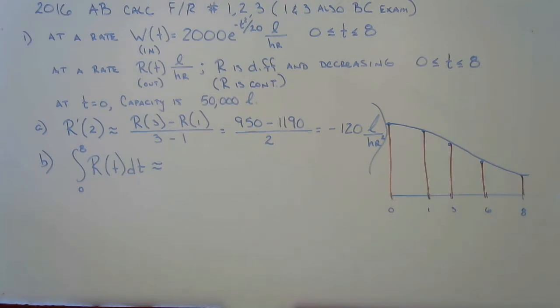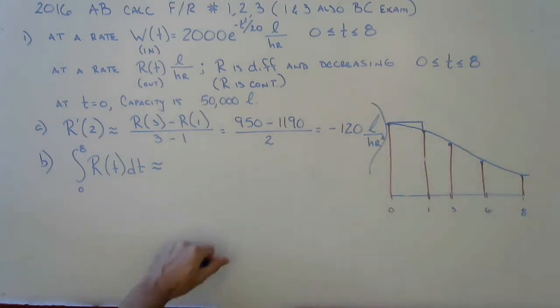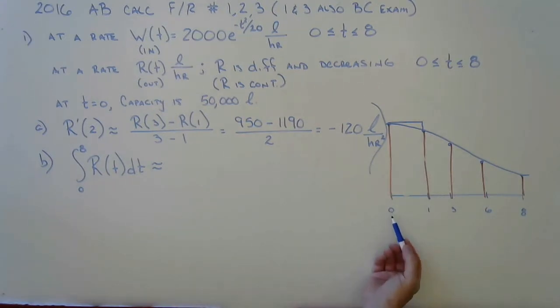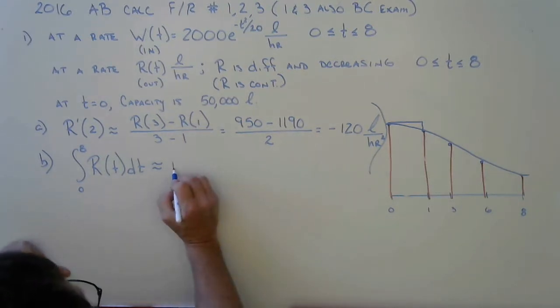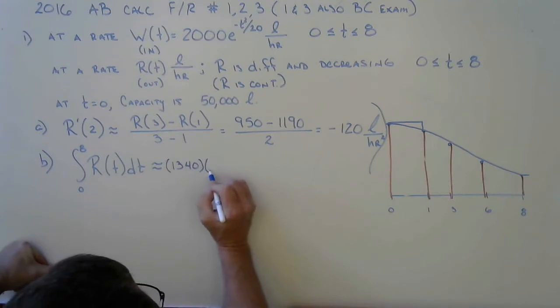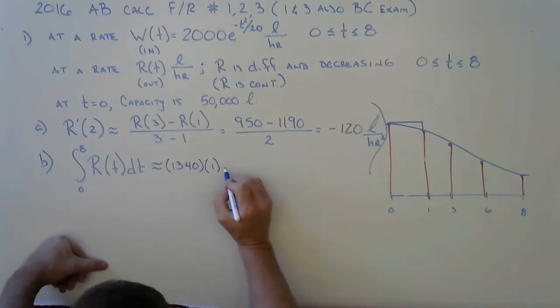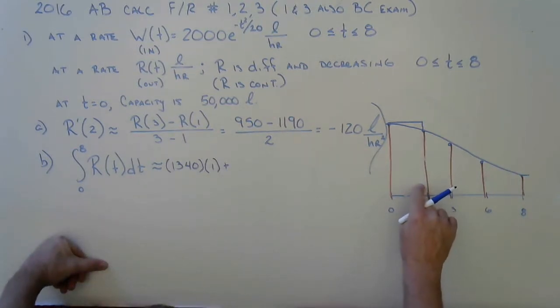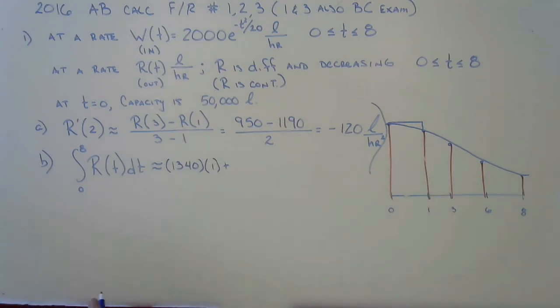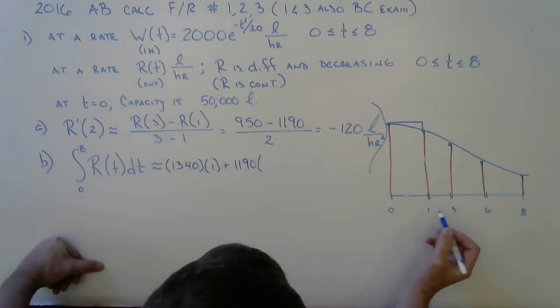Well, if I look at these two and I use a left-hand Riemann sum, I'm going to use this as my rectangle. So my height is the 0 height, it's on the left-hand side, right? My height at 0, we said, was 1340. So I've got my height, 1340, times the width, which is 1, right? Everybody okay so far? Plus my height here, that's the height at 1, right? We said the height at 1 was 1190, so that's going to be 1190, times the width of this, which is 2,